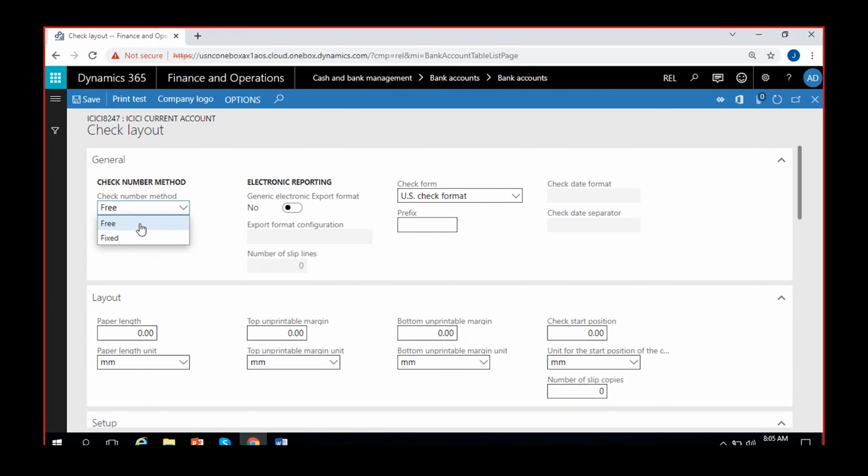If it is free, it means the bank does not put check numbers on the checks it gives you. It only gives you checks with blank numbers, so you can give your own numbers on your checks if you want to. Or it is the fixed method, most common in India, where the bank already prints the check number. So you have to use the same check numbers as the reference numbers. You will create those checks in Dynamics as well